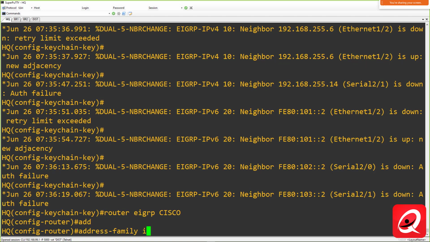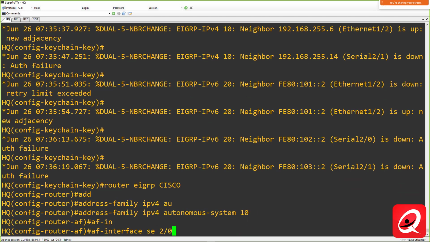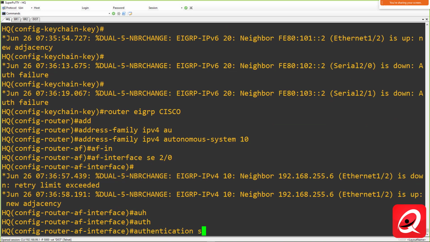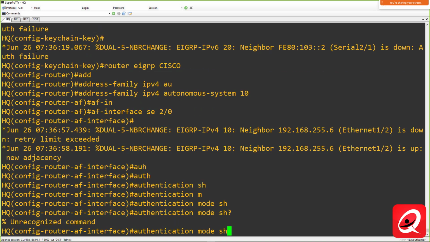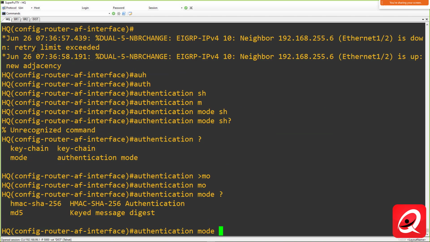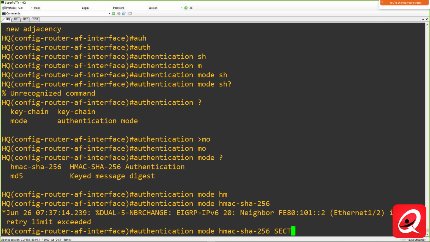Address family IPv4, autonomous system number 10, AF interface serial 2.0, authentication mode, HMAC SHA 256, secret key,